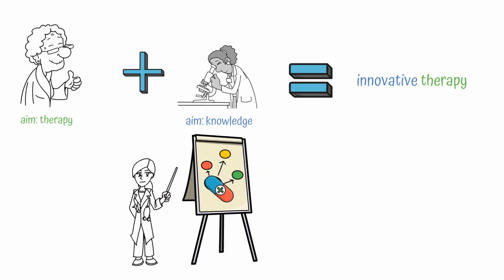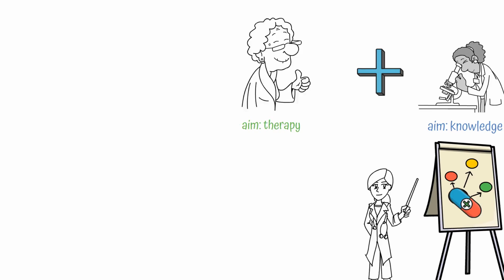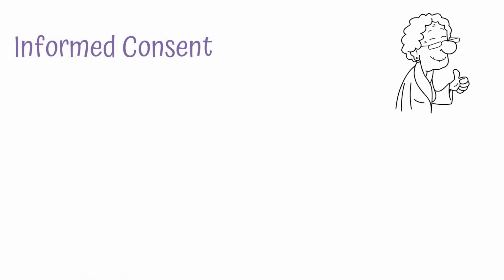If you can publish a case report or contribute to the research on the new therapy, then you're both a doctor and a researcher now. But wait, you might say, I'm just trying to help. I would of course make sure that my patient offers their informed consent and understands before I give them this